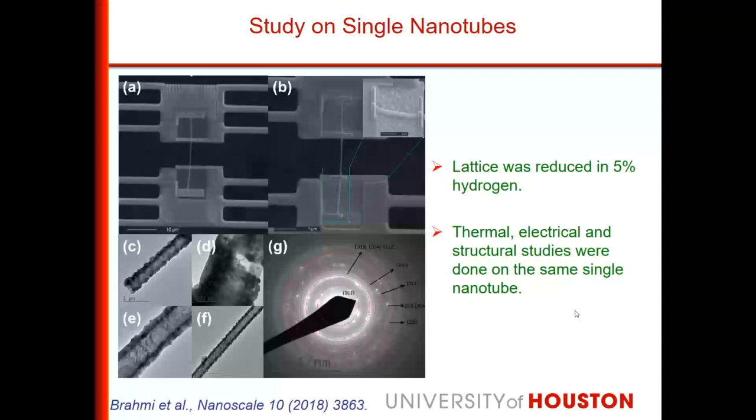So I want to go from the different fundamental properties to the applications. 3 applications I'm going to discuss briefly. One is solar cell. So we used the titanium dioxide nanotube first to make the solar cell. But for solar cells, we know light has to be incident on this material so that it can absorb.